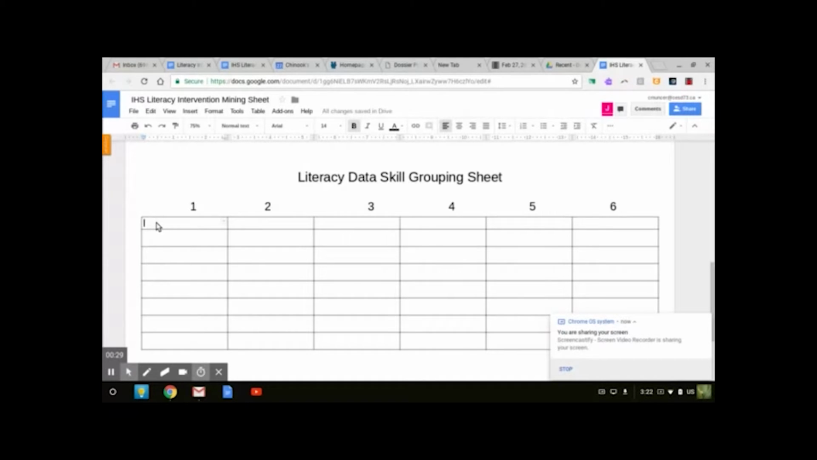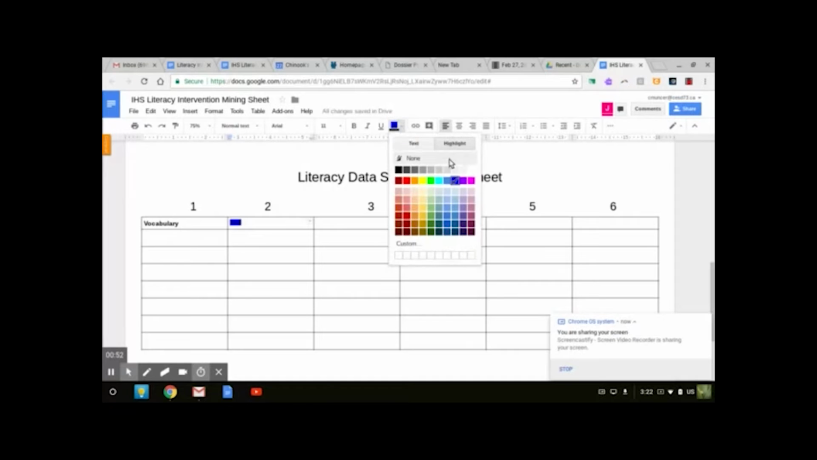So looking at your screen, what do you think the first grouping would be? What skill would you be focusing on? So a skill that almost all students on this list need to focus on would be the vocabulary section of literacy development. And then we could definitely do fluency, word recognition,